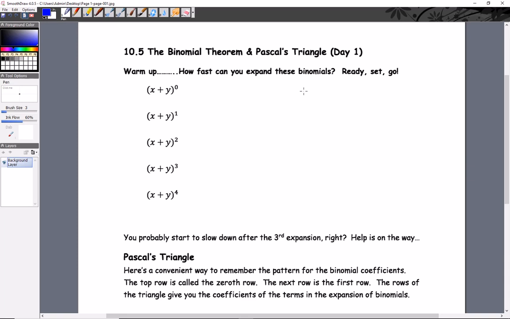So, hi everyone, we're back, and today we're looking at the binomial theorem in Pascal's triangle. And the first thing that they want you to do is this warm-up, and they are asking that you take each of these and expand them. So, why don't you go ahead and pause the video and see how far you can get,